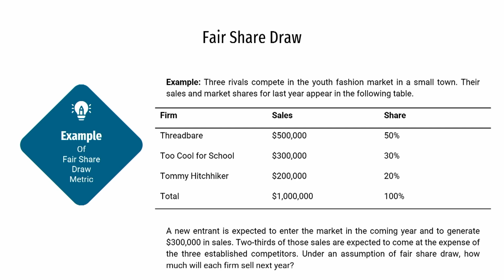As far as market shares are concerned, if we consider it as a closed economy, then the first brand will have a market share of 50%, the second brand will have a market share of 30%, and the third brand will have a market share of 20%, and overall sales in the market was 1 million.